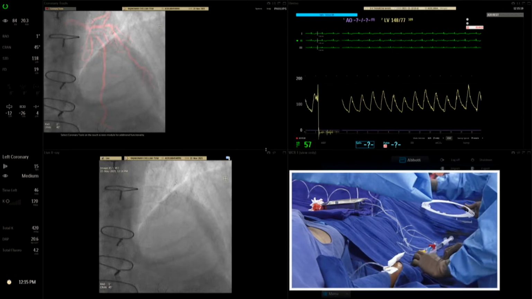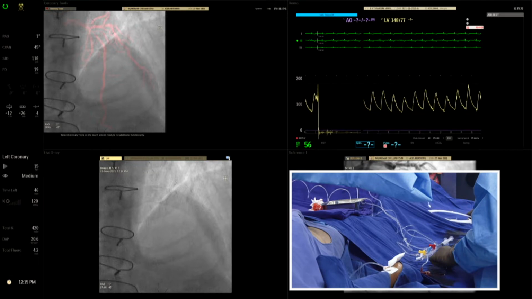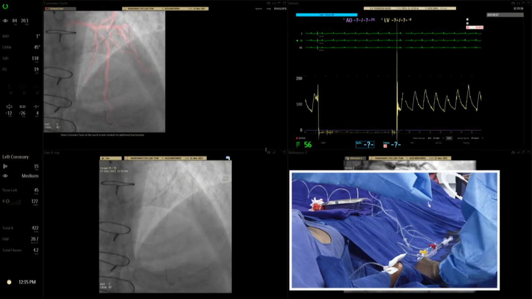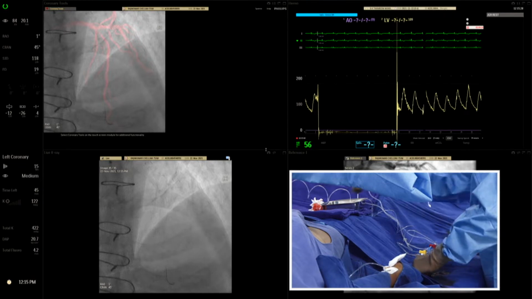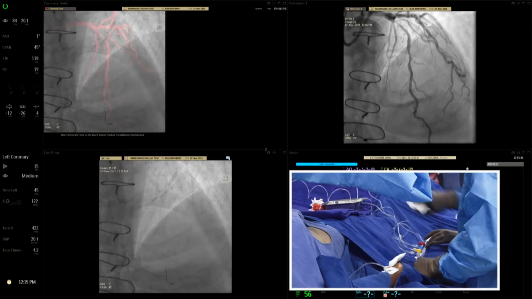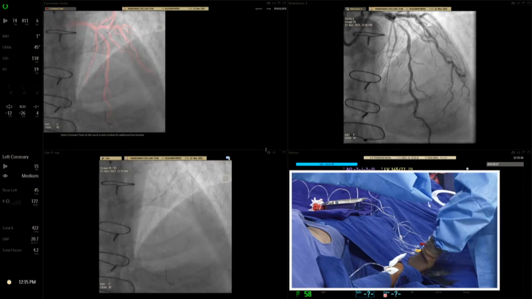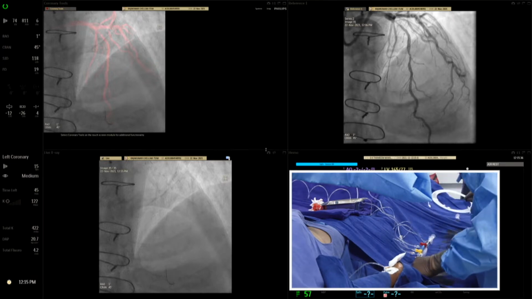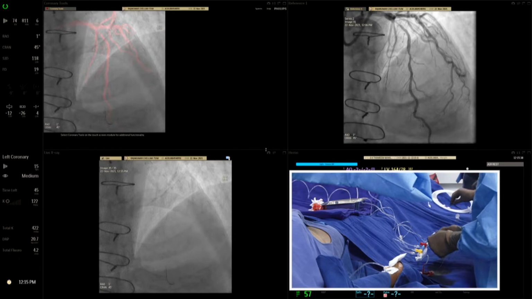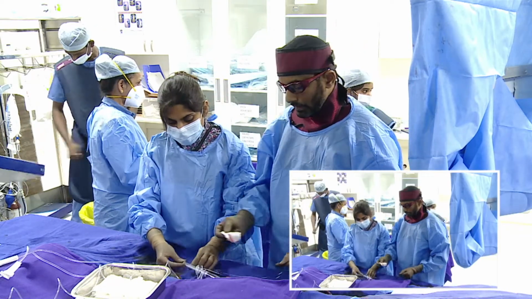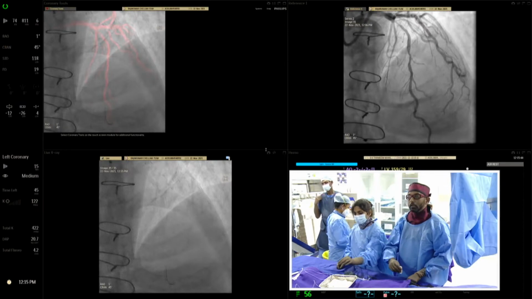So I've got my rotor wire all the way down into the distalmost part of the LAD as much as possible, and I think we are ready to go with a 1.5 millimeter rotor bar. So we're going to open a Rotalink Plus 1.5. Now this gentleman's right coronary artery is occluded, and the graft to the distal PD is also occluded, but nowadays we don't routinely use